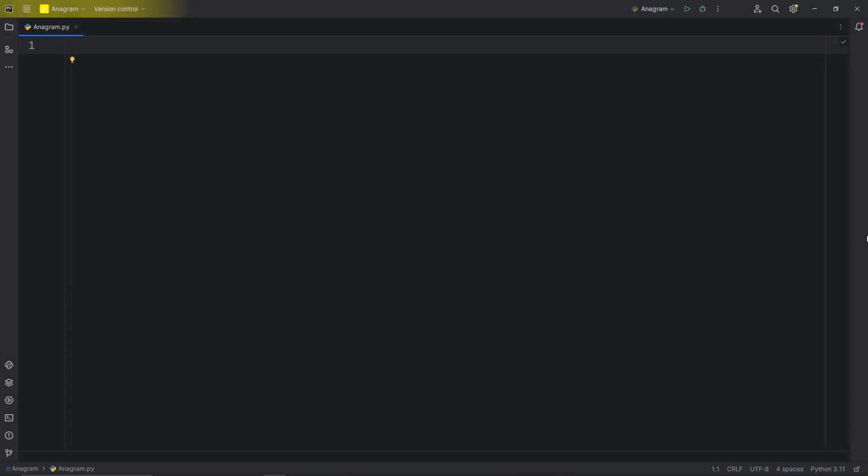So today we will see what are anagrams. I take two words, listen and silent, and now I will comment it out. We can see that there are a total of 6 letters in listen and a total of 6 letters in silent. In listen the letters are L-I-S-T-E-N and in silent, S-I-L-E-N-T, which means all the letters in listen are the same